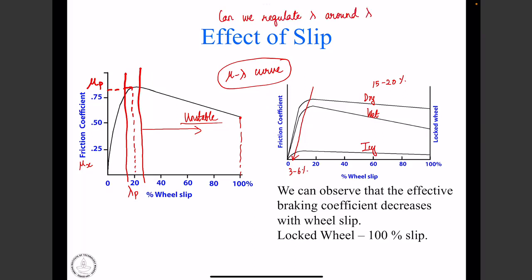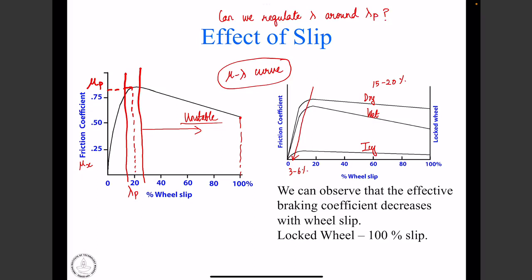So if I'm able to regulate this wheel slip ratio around the peak value, lambda p, where I get the peak value of the friction coefficient, I get multiple benefits, right? What are the multiple benefits? I ensure that I get the maximum possible braking force for the operating conditions, and consequently I will get the maximum deceleration and the shortest possible stopping distance. That's point number one. And I will also ensure that my vehicle doesn't become unstable because I won't go to